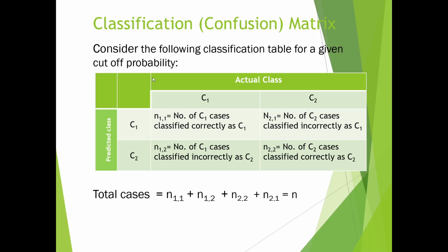A positive class being predicted as negative is a false negative. So this is a misclassification as well. The total cases, add them all up, so you have n cases. So you can now compute,